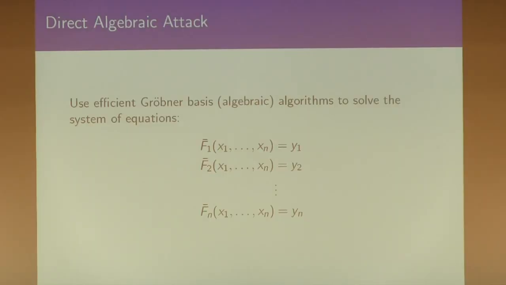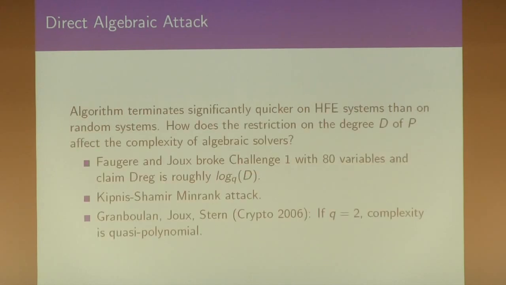However, that's not the case. So now Gröbner bases come in, right? We can attack the system using Gröbner bases, and soon after, Faugère and Joux together broke Challenge 1 of Patarin. This is a system with 80 variables. That came as a very big shock. It turns out HFE is not that good an idea if the degree D is low,